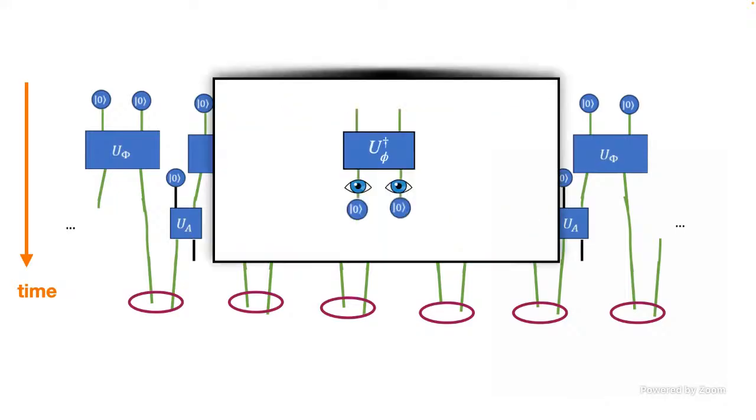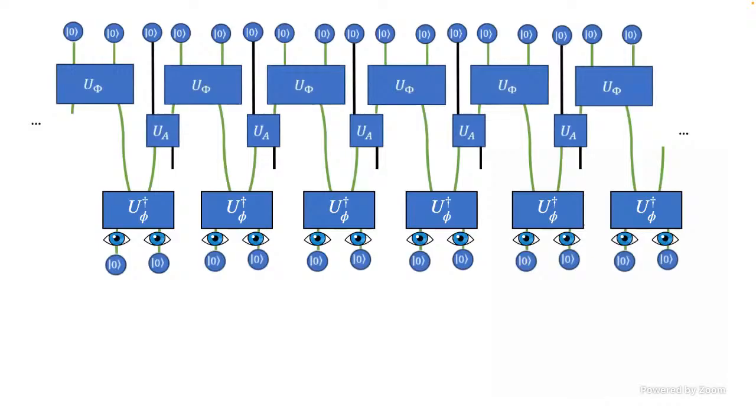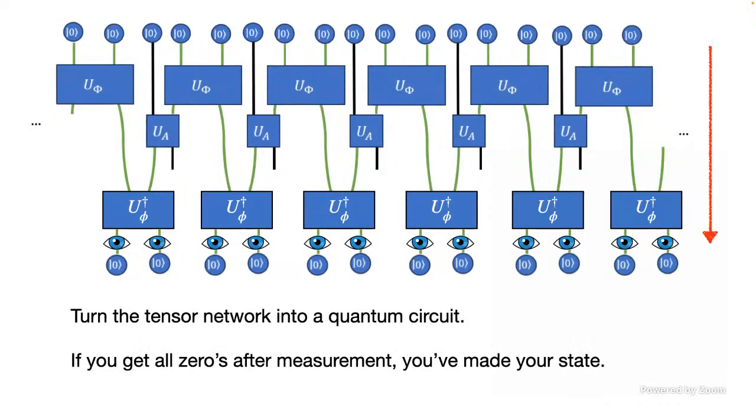This is my direction of time. So I have to sort of do the opposite. I can't replace it with an EPR pair. I have to replace it with a measurement in the Bell basis. And then I have to hope that I get 0. And if I do all that, I should declare success in some sense. I've now turned my tensor network into a quantum circuit. Time goes this way. That depth does not depend on how many qubits.